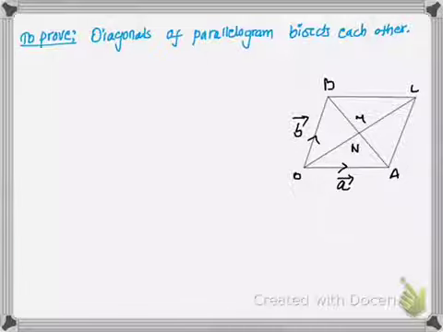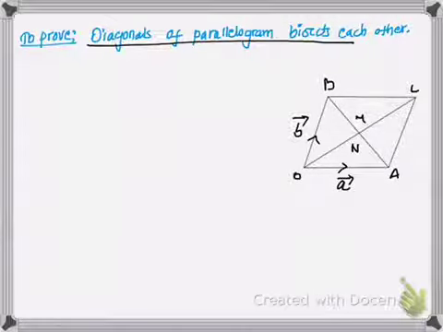Hello and welcome back. So in this tutorial, we'll be looking at another theorem based on vectors. What we have to prove in this tutorial is that the diagonals of a parallelogram bisect each other. So for the diagonals of a parallelogram to bisect each other, we have to show that